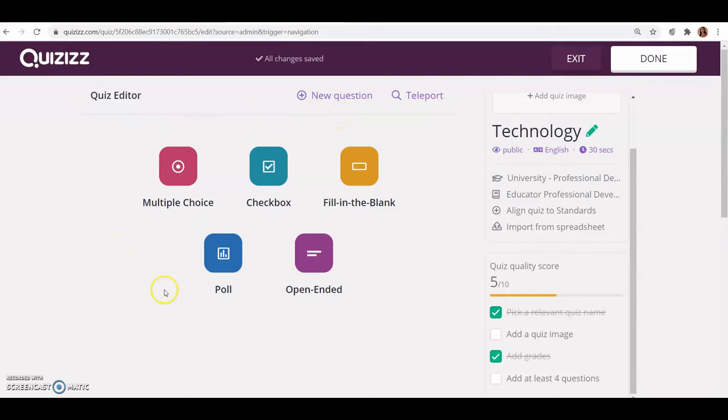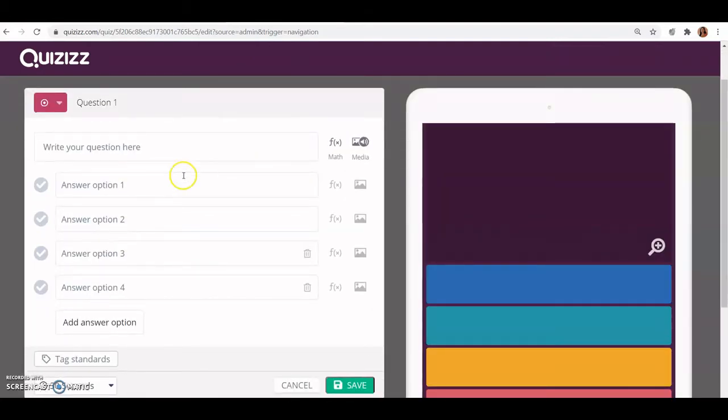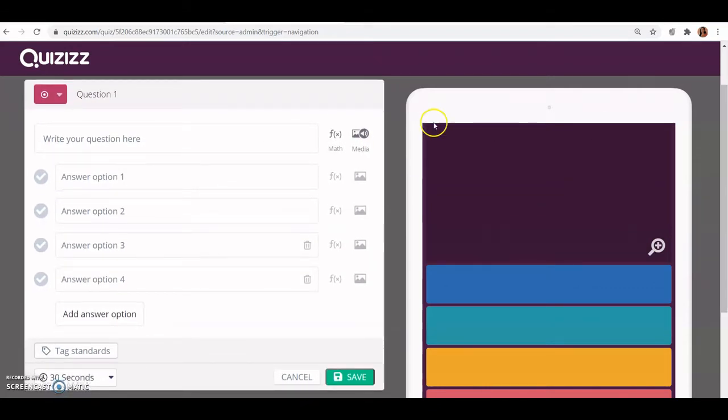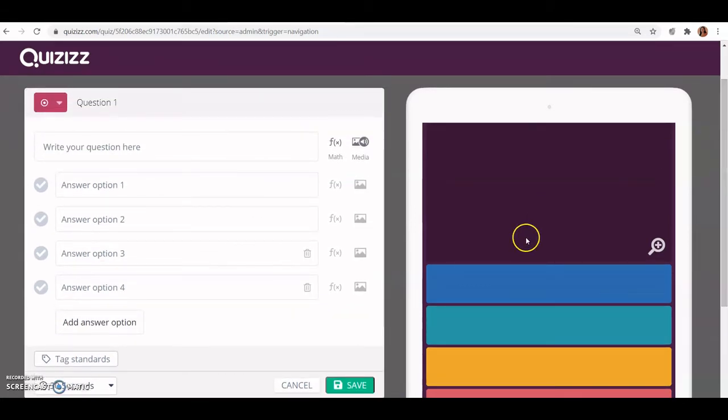Here 5 types of questions can be created, and I have to create a multiple choice question. So I will click on multiple choice question. After clicking this, you can see there are two windows appearing. First of all, where you can create the question, and the second is how the question will look to the learners. So to feel how the students will visualize the question, it will appear automatically when you start creating the question.